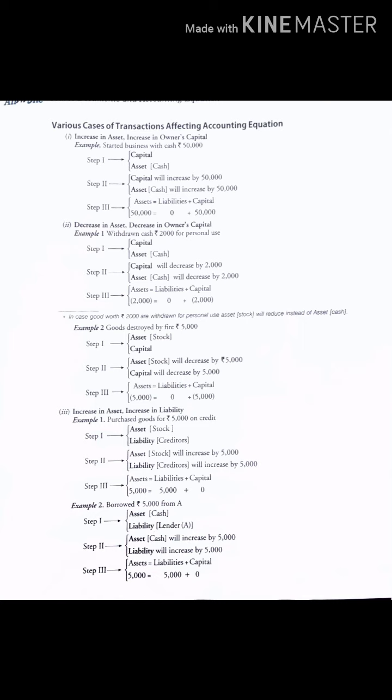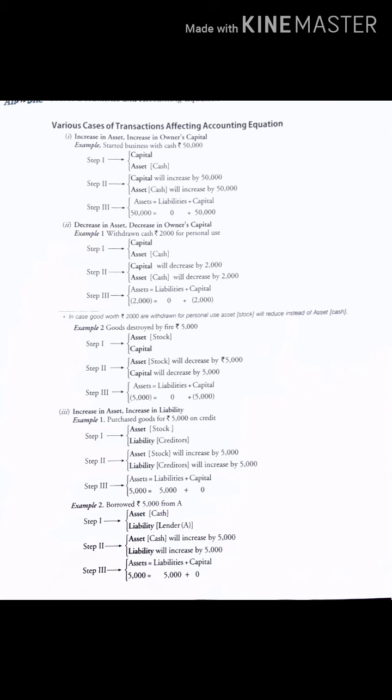Let's first ascertain which variables it will affect. It will affect what? Cash is reduced, right? So it will affect assets and equally it will affect capital. Why? Because the owner has withdrawn that for personal use. Fine. So if the owner has withdrawn, that means he is taking out of his capital. When he is taking out of his capital, that means capital will be affected. So my first step was to ascertain the variables: it is affecting two things, capital and assets, that is cash.